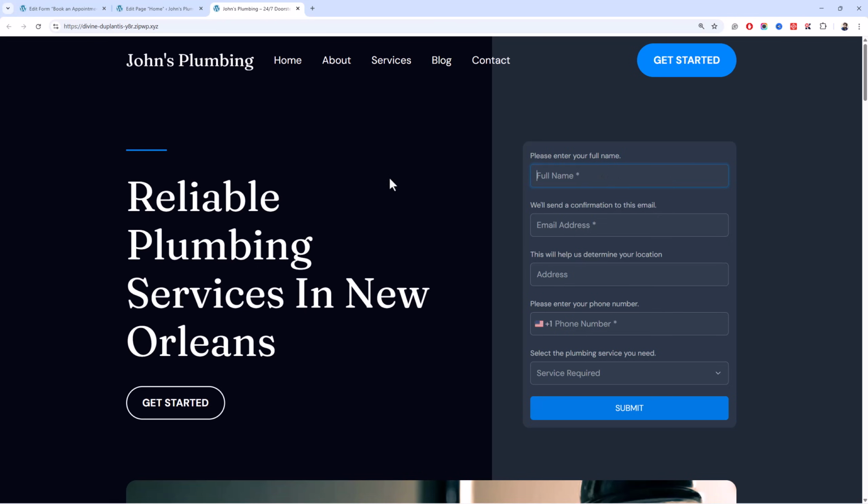And now John has a working or functional form on his website that the visitors can use to contact John, and we have created this form within a few minutes with the help of their AI builder. If we were to create this whole form, it would have taken us a lot more time in creating the fields and their values. But Showform's AI builder helped us create an amazing contact form within a few minutes.